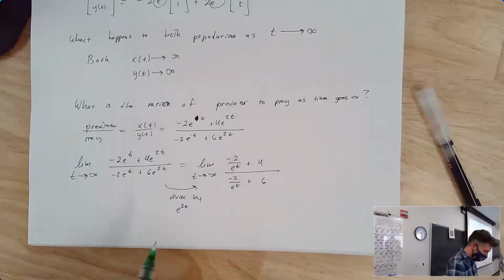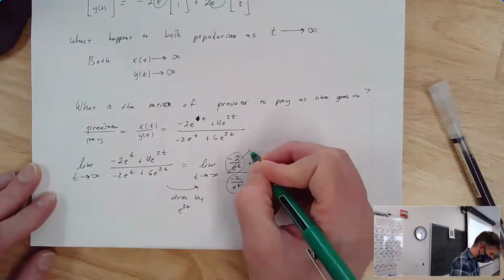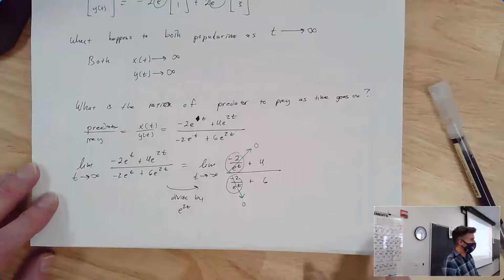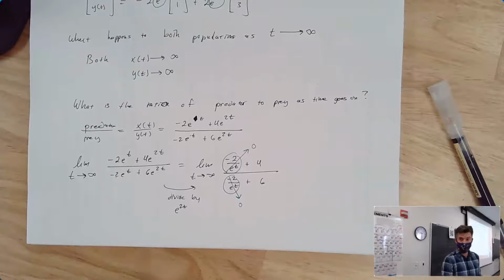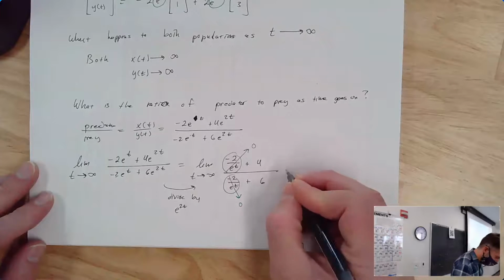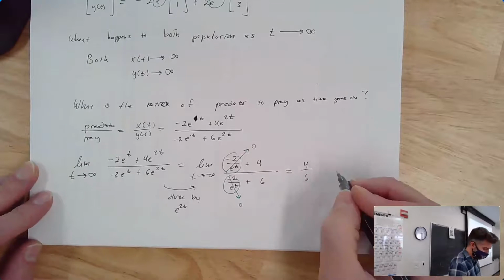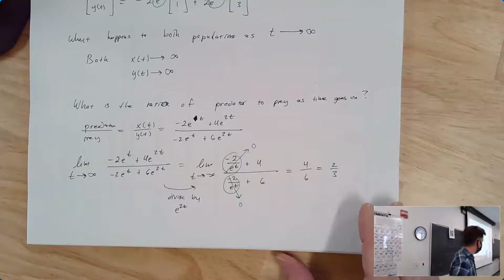And look what happens to these terms here. What happens to them? They go to 0. They don't matter because they weren't as big as the dominant term. They weren't the biggest thing. So what do we end up getting here? 4/6, or more importantly, 2/3,